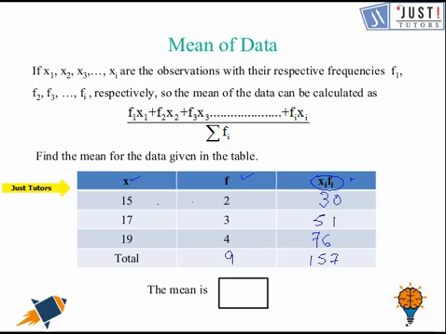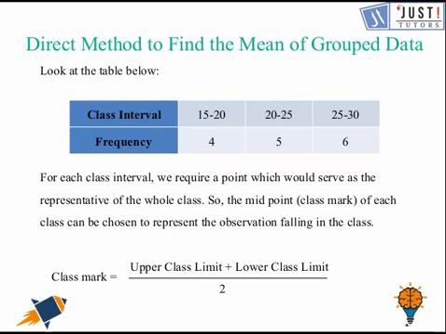To find the mean we need to divide sigma xi fi by sigma fi. That means we need to divide 157 by 9. So the answer in this question is going to be 17.40 approximately. Now let's move on to the next slide, and here we learn how we can find the mean of